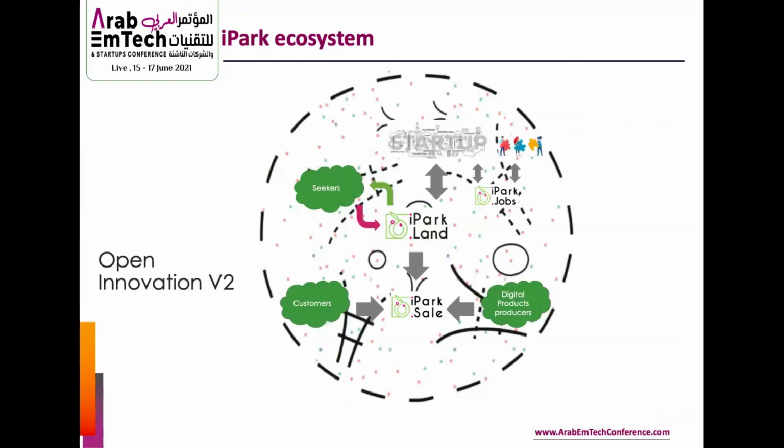At the end, we think that the iPark ecosystem is the ecosystem that would provide the opportunity for all seekers. This means that we are not looking for one seeker, we are trying to cooperate with multiple seekers, with all startups that are currently available in the market, with all experts, mentors, and freelancers who are working in the market, and also we are trying to have a marketplace that will bridge the gap between the production area and the customer area so that the cycle will work smoothly and seamlessly and without any obstacles, so that at the end all the startups will have the opportunity to work and have a proper business